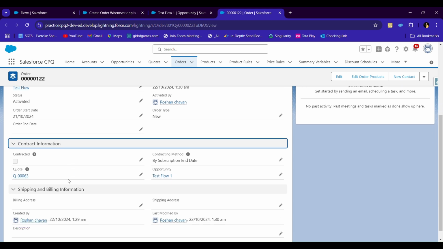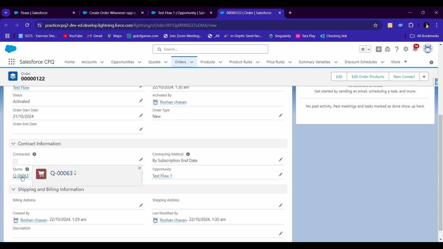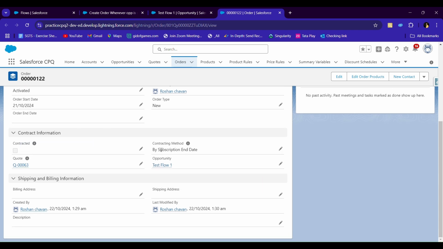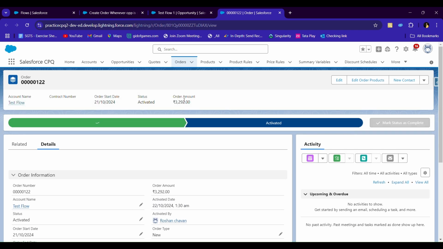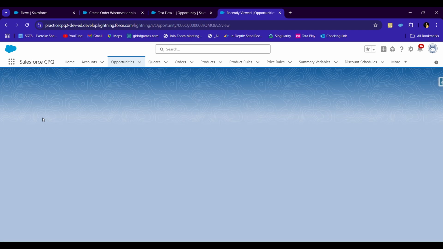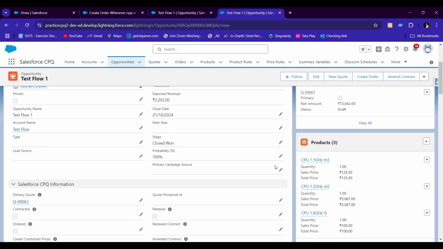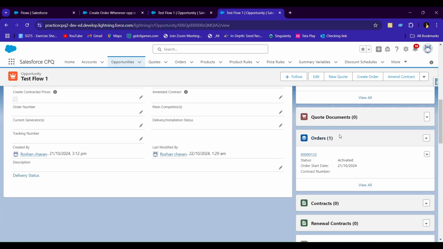Here contact information is there, where we can check the opportunity. This is the associated opportunity and associated quote. It is a primary quote. Now here we can check the shipping and billing addresses and the last modified and created dates. So this is how we create an order, and this is how it automatically creates an order whenever we set the stage to closed won. Now here we can see that